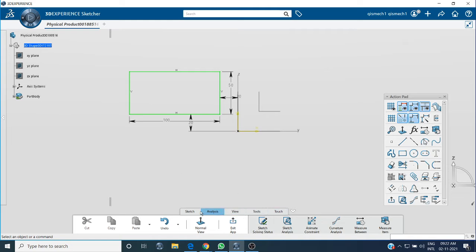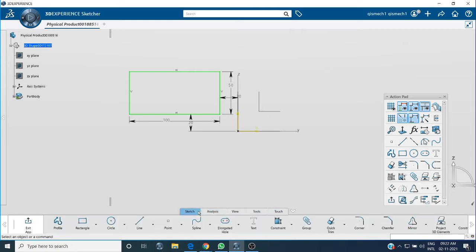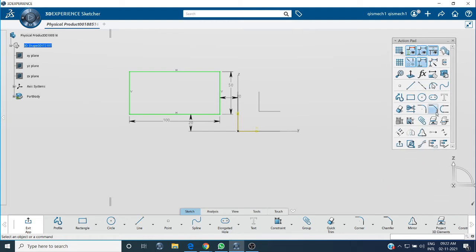Now we'll go to chamfer. You can come to this icon in the toolbar, here it is chamfer, or you can find the chamfer in the action pad. So I will click the chamfer.